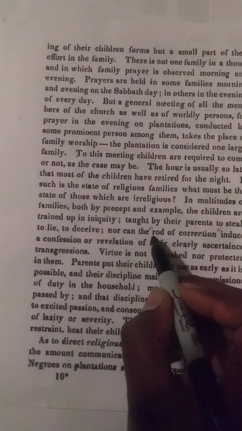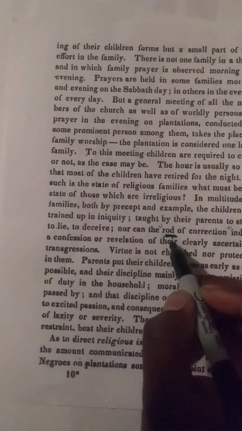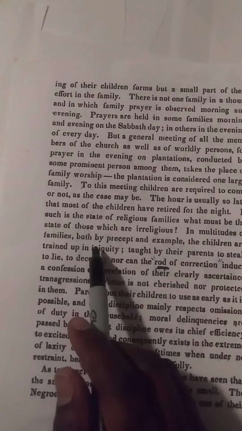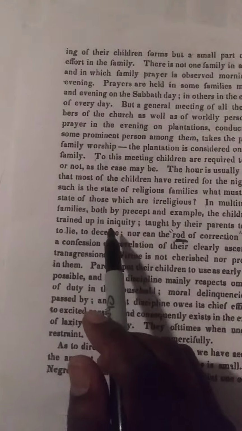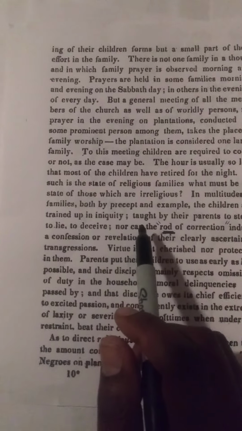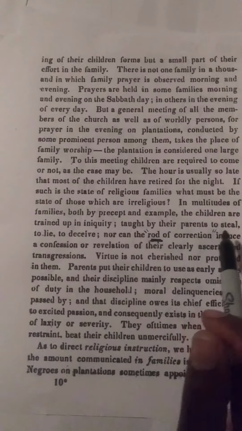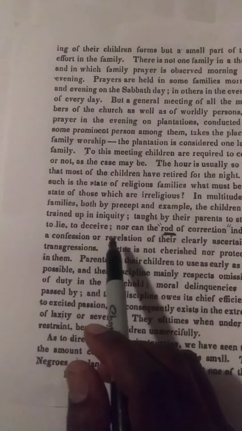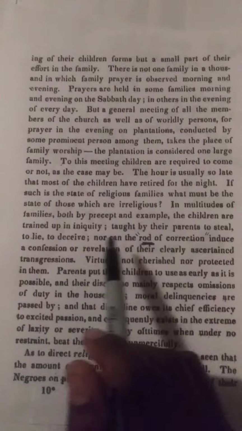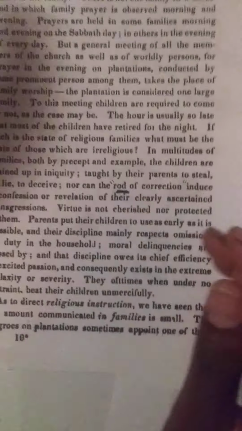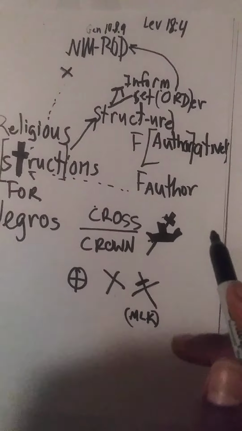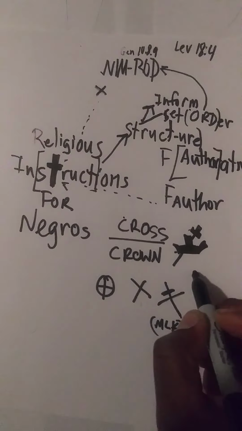Now, I want you to take into account this section, because this section bears the word rod. It says, "In families, the children are trained up in iniquity." Iniquity is a nice way to say wickedness and evil. "And they are taught by their parents to steal, to lie, to deceive, nor can the rod of correction induce a confession." All right, so the rod of correction. This is when you were a child. The rod of correction, if you remember,